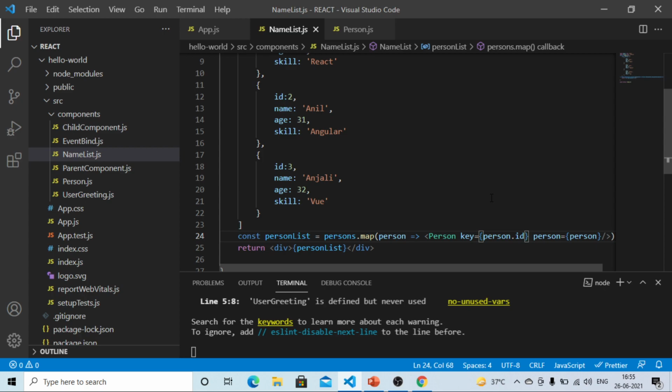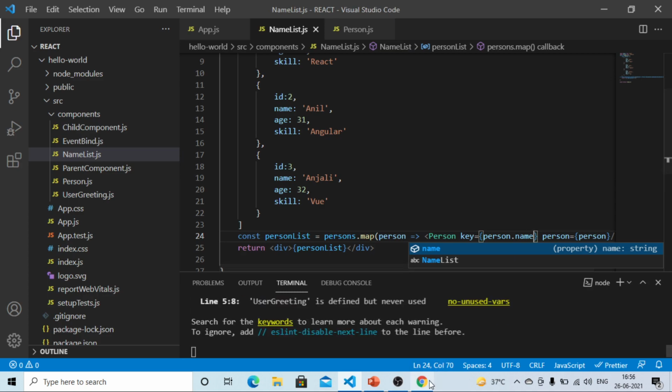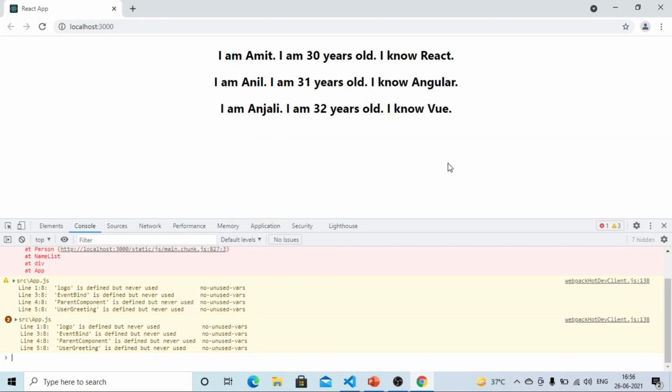You can also assign any property about which you are sure that the value is unique for every item in the list. In this case, for example, the value of name is also unique. So instead of ID, you can assign the name property as the value to the key prop. We save this file and take a look at the browser. The output remains the same.